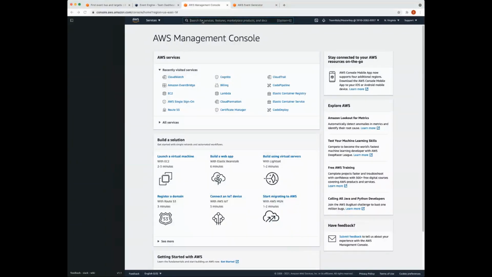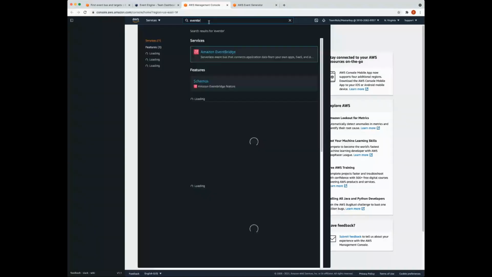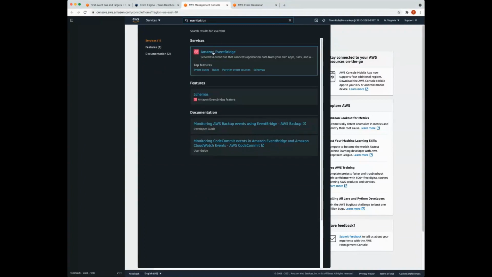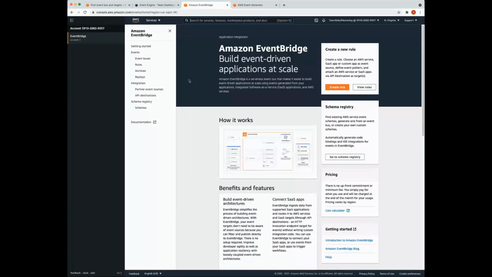So please take note of this global search feature at the top. It's very useful. So we're going to navigate to Eventbridge. So we can just go ahead and type Eventbridge here. And what we want to do is to navigate to the event buses link in the left navigation panel.